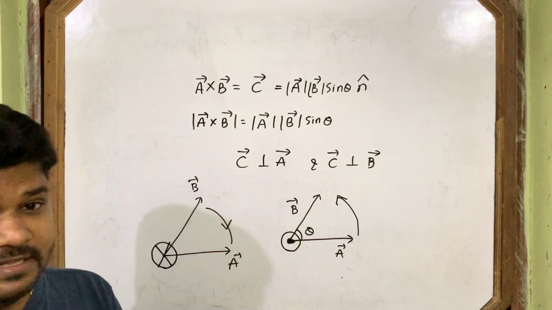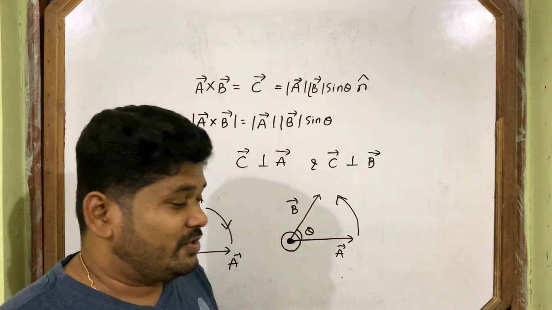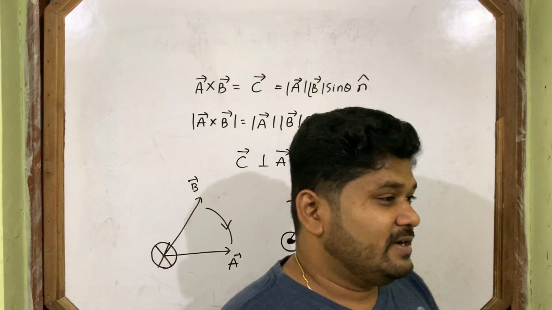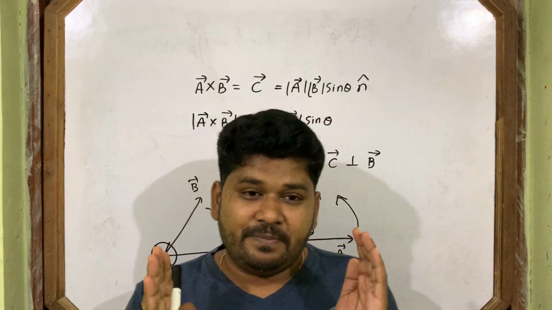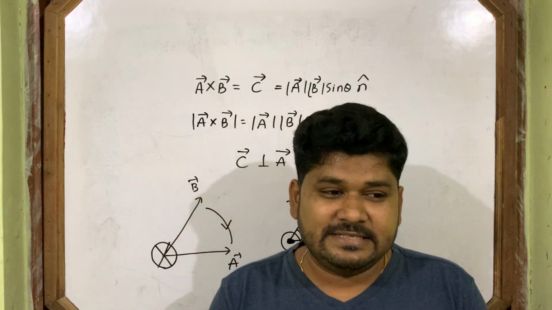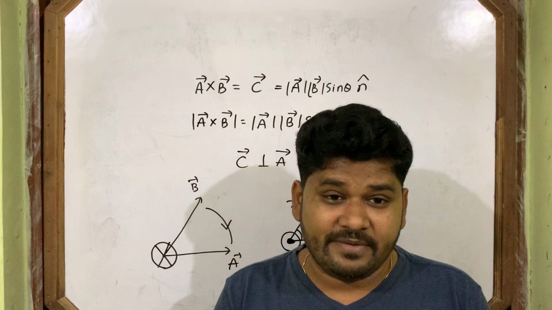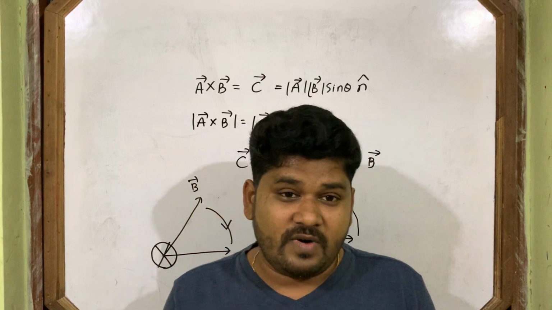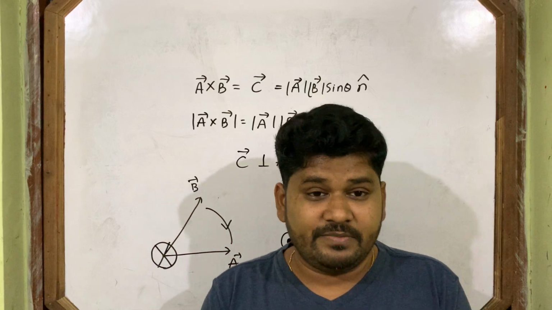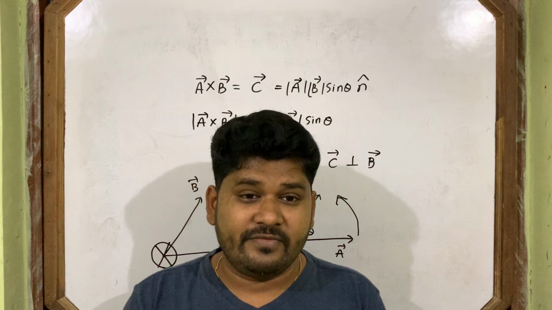Also by another rule where the cross product is practically applied, not only the right hand thumb rule. The question is coming to your mind: every algebra of vector, or every operation of a vector, is just brought from day-to-day life. Addition, flying bird; dot product, work done. Similarly, from where is the cross product brought from day-to-day life? Yes, it is also applied in our day-to-day life. From where is it brought?